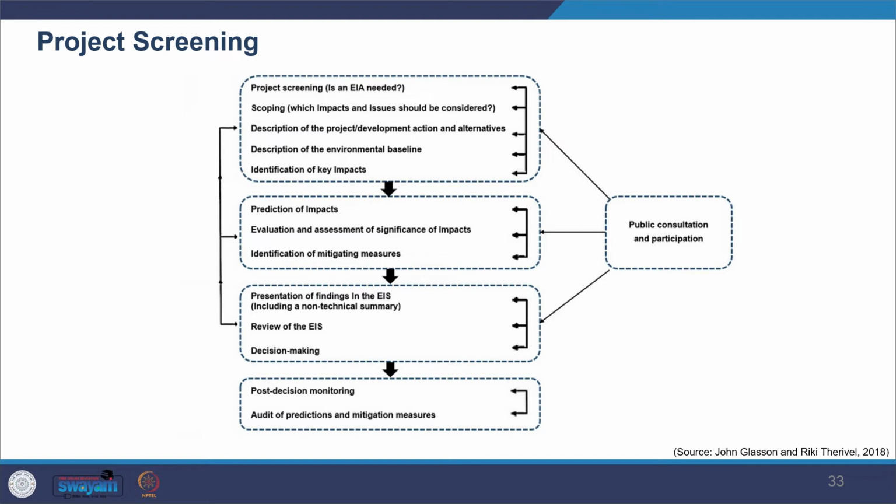At the screening stage, we focus on those projects which have known substantial impact. We don't really take into consideration projects which we know do not have substantial impact. We consider only those projects which have known substantial impact, or in some cases they also consider projects whose impact we are unaware of. So it's not known, and you might like to test or check those. The projects which have insignificant impact are screened out and are allowed to proceed to the normal planning permission, so they go in the normal process and need not worry about preparing the EIA statement.